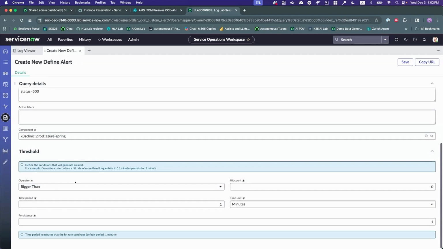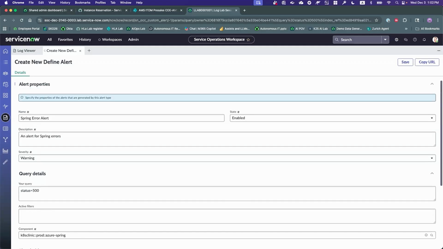And just double checking to make sure I have everything. And then we'll say save. Doesn't show anything here, but it's saved the logs. So, and again, it might take some time for this to show up, but let's take a look at the